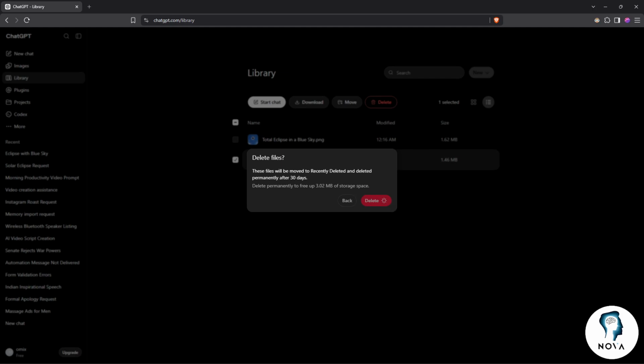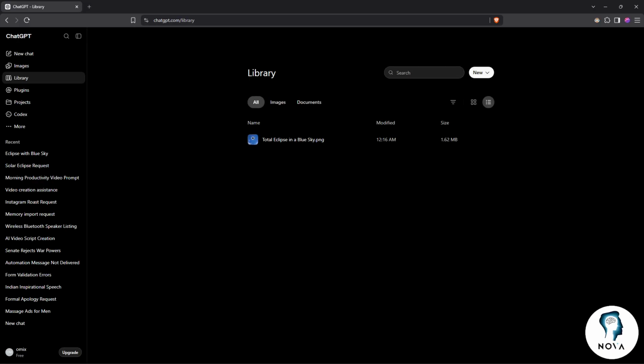So the best method basically will depend on you. If you're trying to clean up a few generated images, you can go browse the images and click on each one that you want to delete and delete it. If you want to delete all, this is the best option if you don't want to delete the chats with it. And if you want to just select the ones that you want to delete, you can even use the library. That's how you